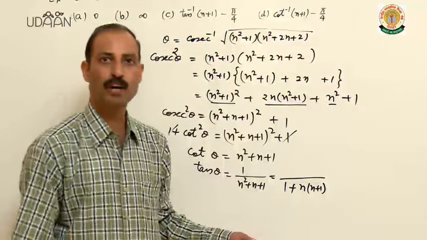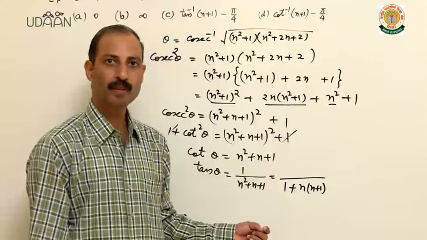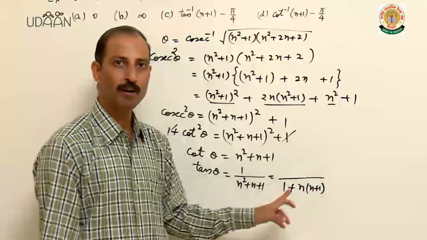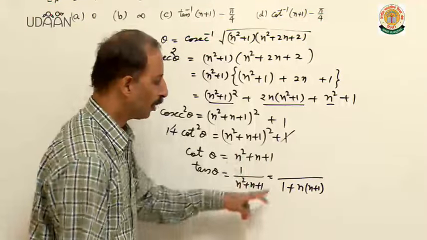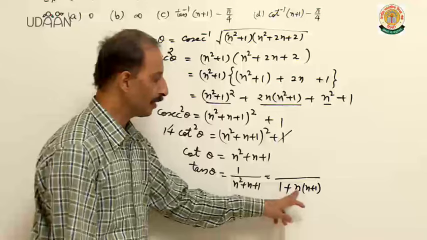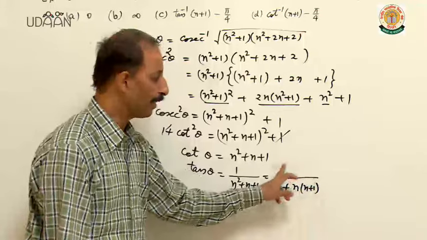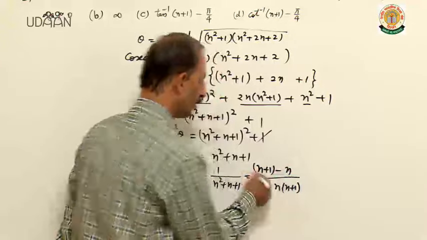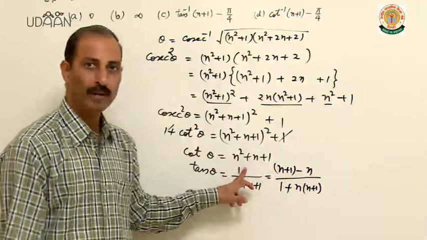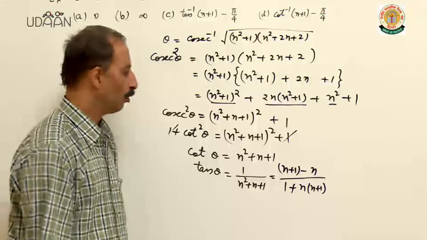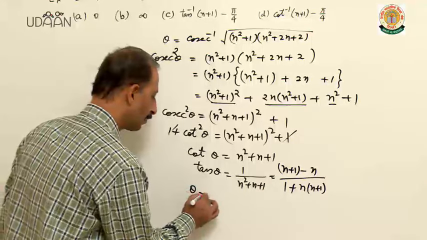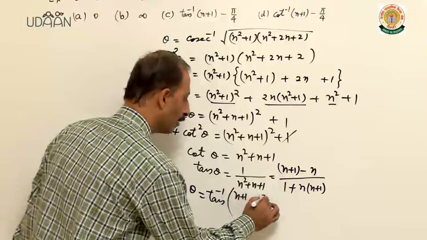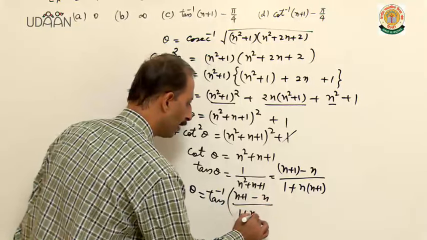Do you remember the formula of tan a minus b? So tan a minus b is tan a minus tan b upon 1 plus tan a tan b. So here the 1 you are getting is plus tan a into tan b. Here the difference should be n plus 1 minus n, which equals 1. So we have written 1 this way. So we are getting here theta as tan inverse of n plus 1 minus n upon 1 plus n plus